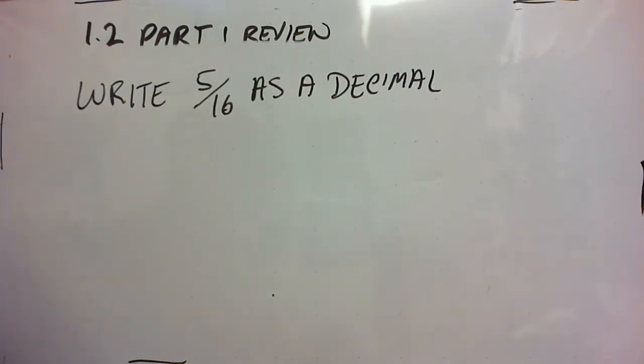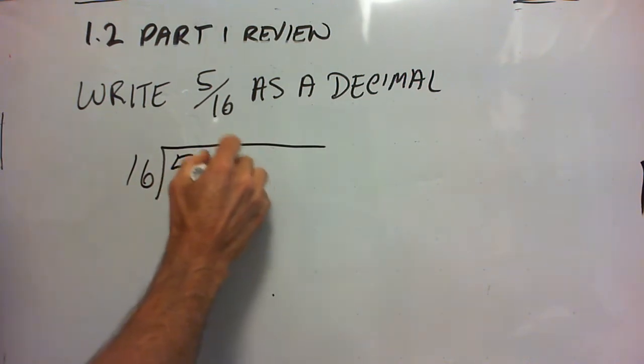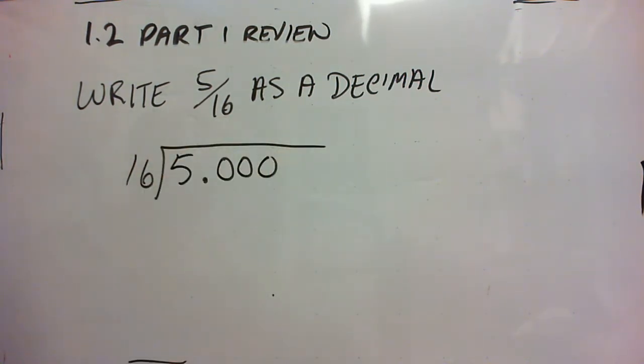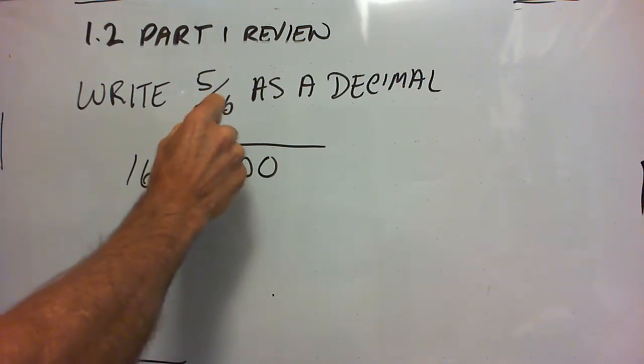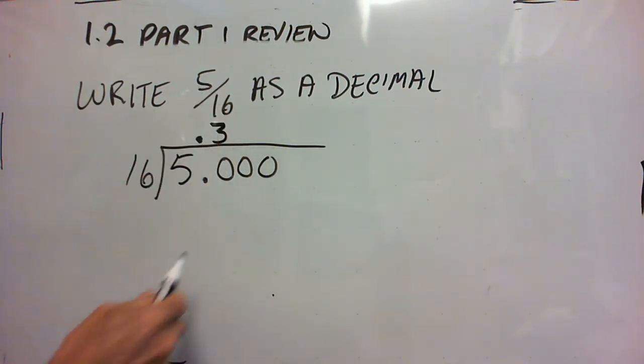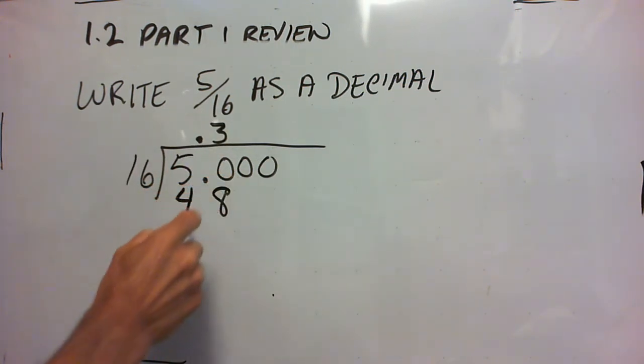Next problem, write 5/16 as a decimal without using a calculator. Just a simple long division problem. So we set this up, 5 divided by 16, put in some placeholders. After 5, a decimal point, which will go straight up. Then you start dividing. 16 goes into 50 3 times, so the 3 goes right up there above the 0. Then we multiply 3 times 16, 48,